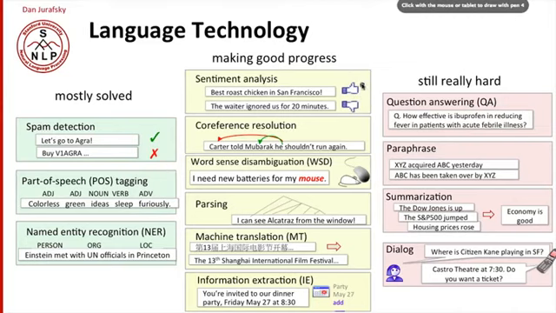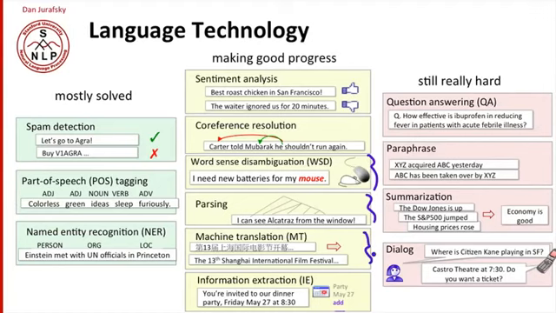So we talked about sentiment analysis, the task of deciding thumbs up or thumbs down on a sentence or a product. Component technologies like word sense disambiguation, deciding if we're talking about a rodent or a computer mouse when people talk about mouses in a search. We'll talk about parsing, which is good enough now to be used in lots of applications, and machine translation, usable on the web. A number of applications, however, are still quite hard.